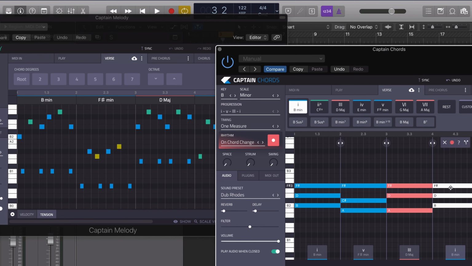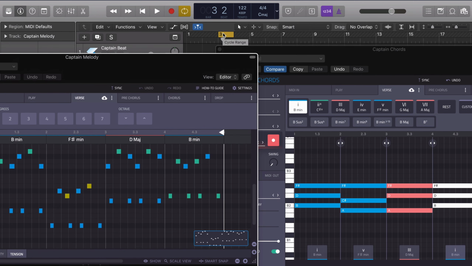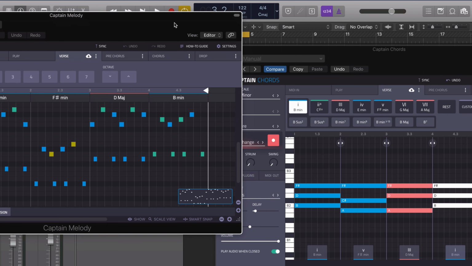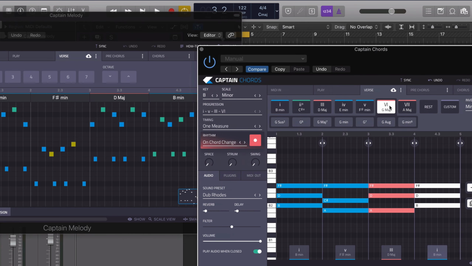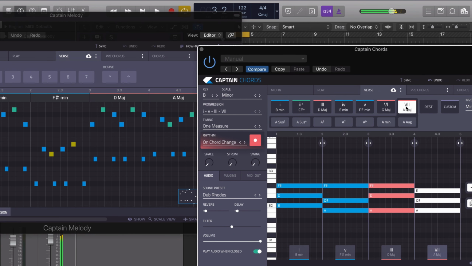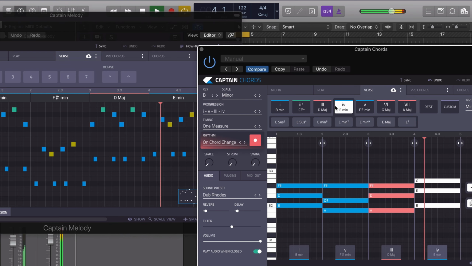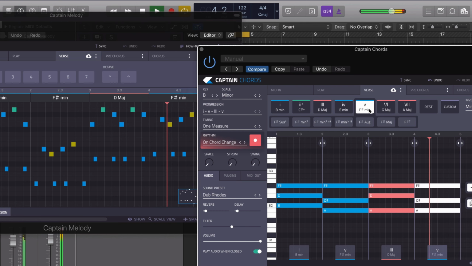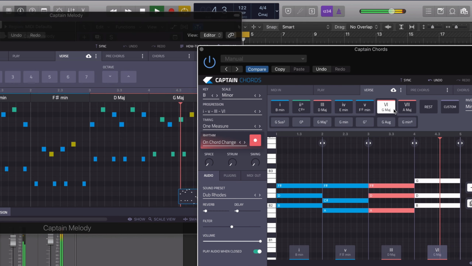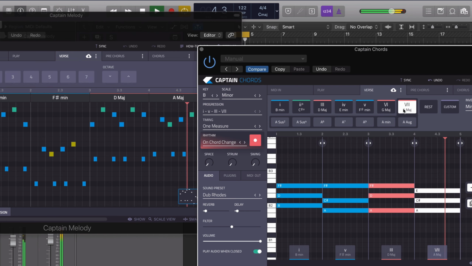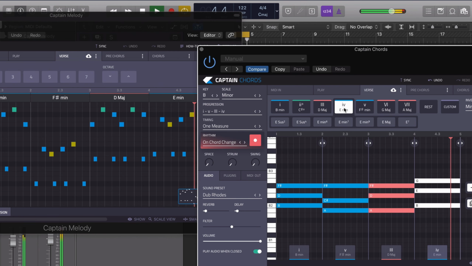Let's add another chord and move this again. We'll try. Yeah, I like that.